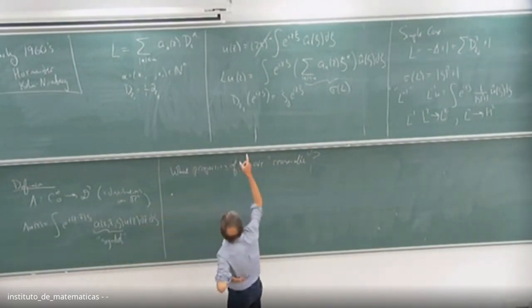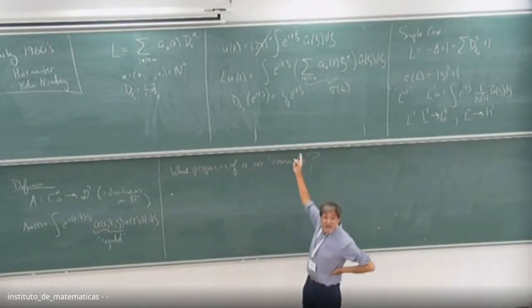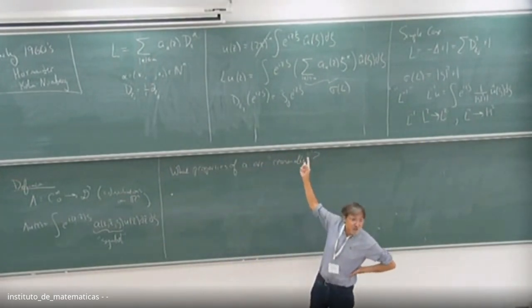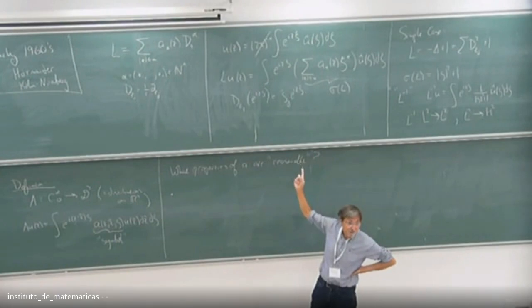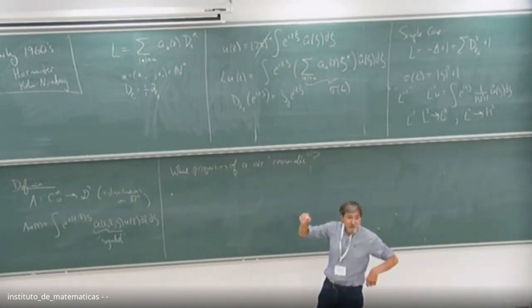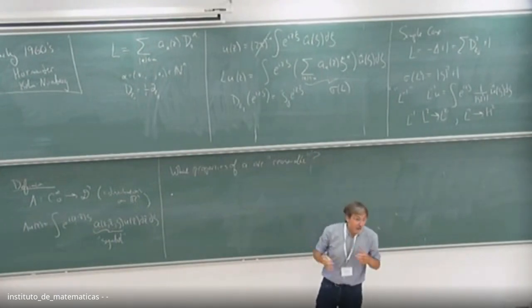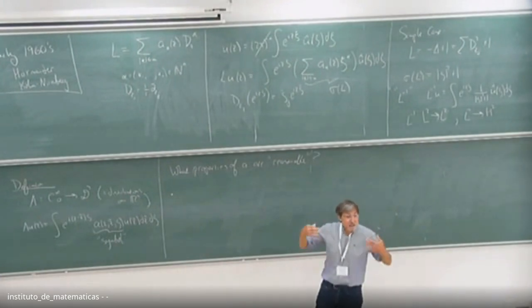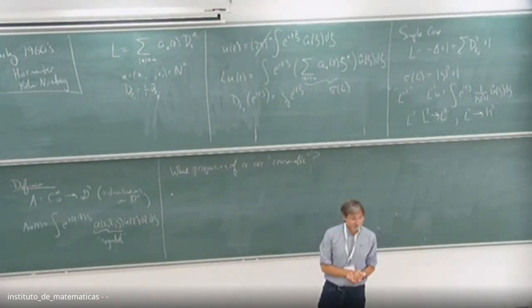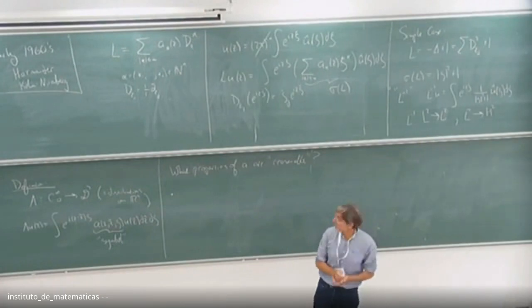This is motivated by the following fact. In this case, this A is a polynomial in zeta. So it's smooth in Z and it's a polynomial in zeta. Polynomials have the property that they grow at a polynomial rate. And the other thing is that when I differentiate them, they get better. So I want to encapsulate those two properties.